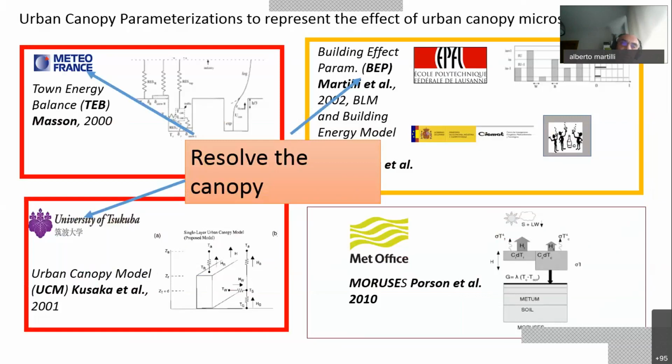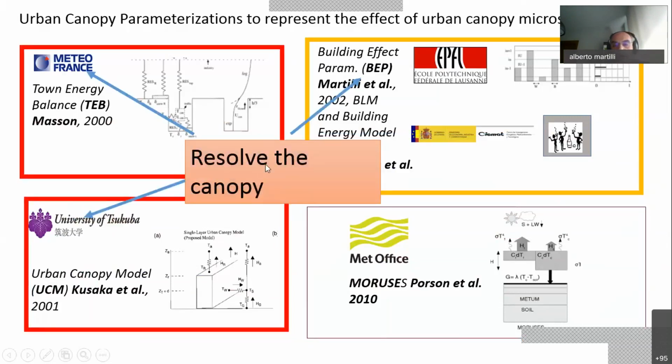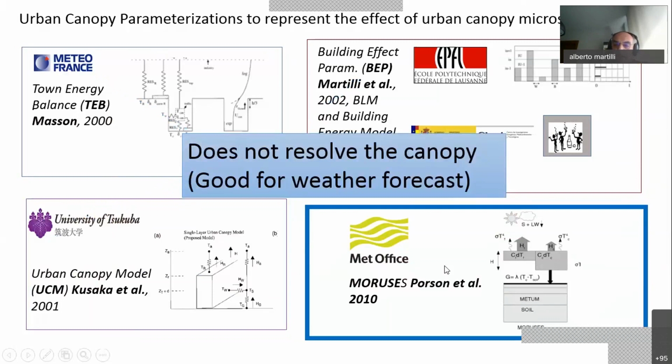So of these 4 schemes, 3 of them try at least to resolve the features in the canopy. So they have some estimation, more or less precise, of the characteristics of the urban canopy layer. So they can be used, for example, for applications where it's important to know what's happening in the urban canopy layer. There is another type of